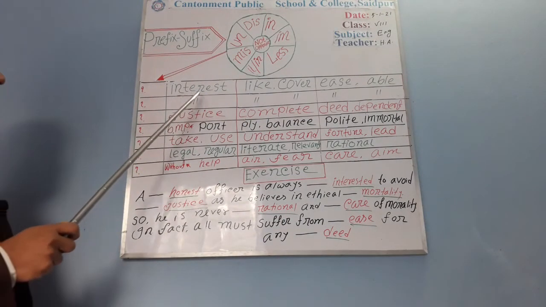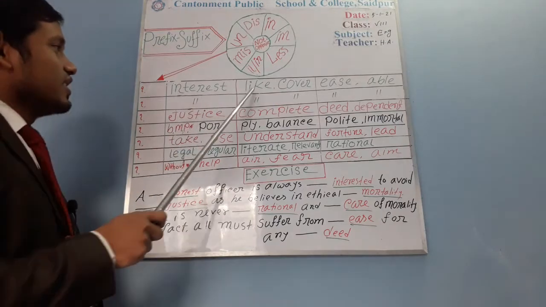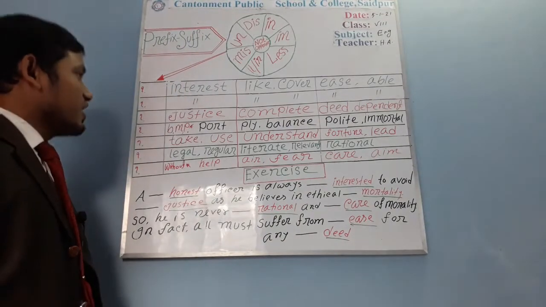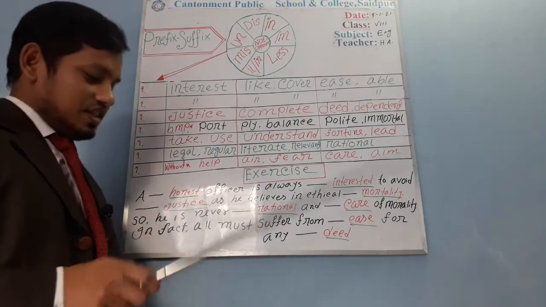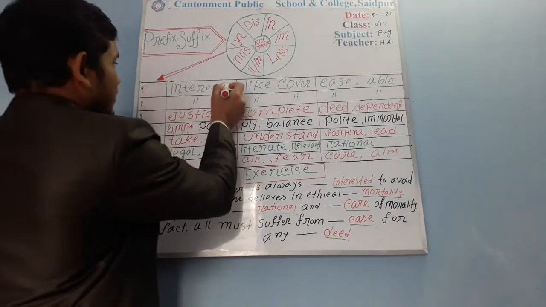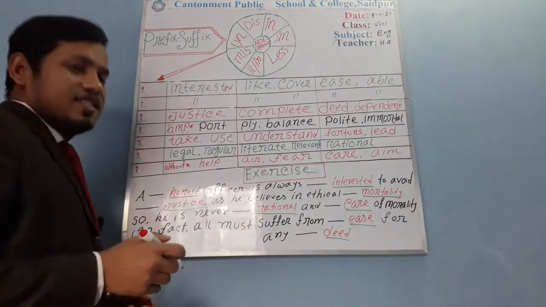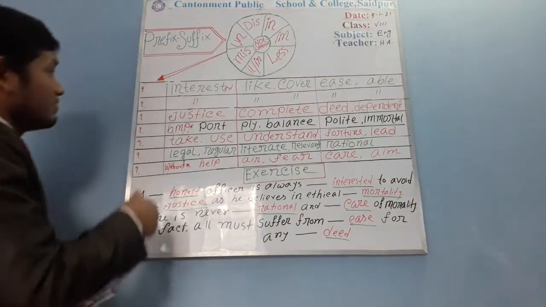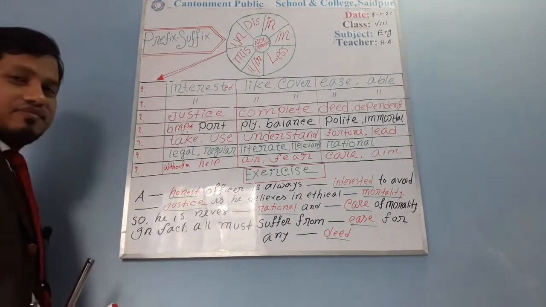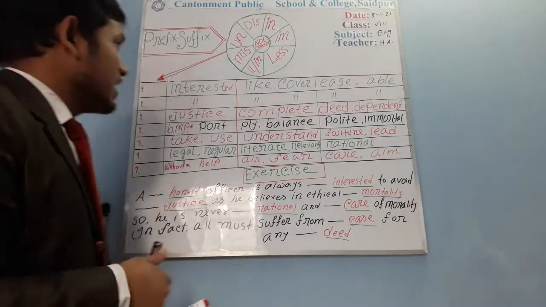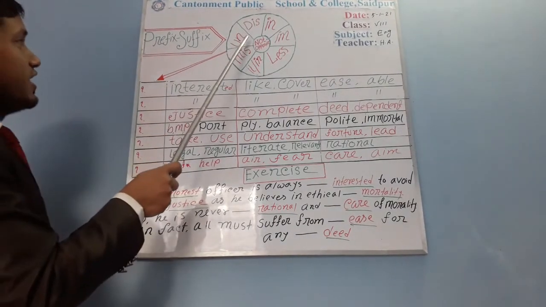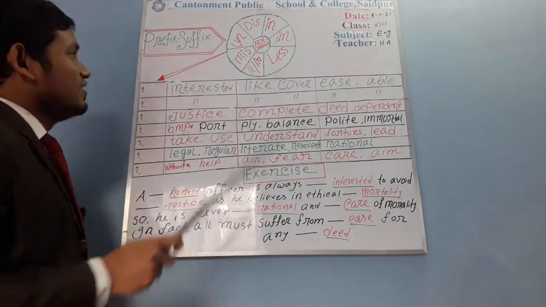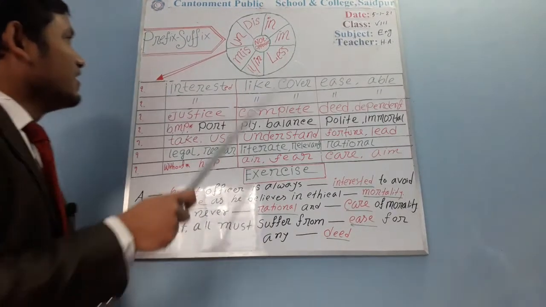Here in the column you can see the first word is interest, like, cover, ease, able. Okay, so learners, you know interest. If I want to add ed, there is an adjective, interested. Okay, but which type of prefix can I use here now? Learners, you can see, if you say disinterested, you can say misinterested, uninterested,